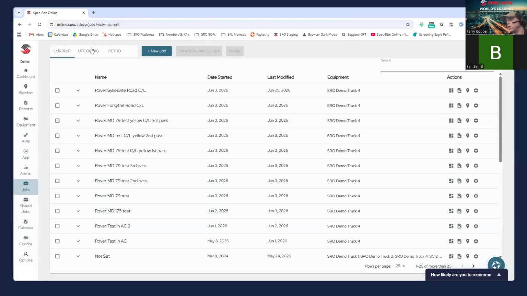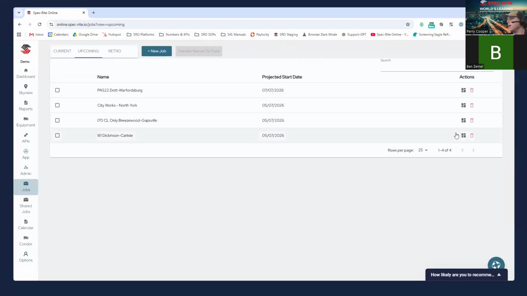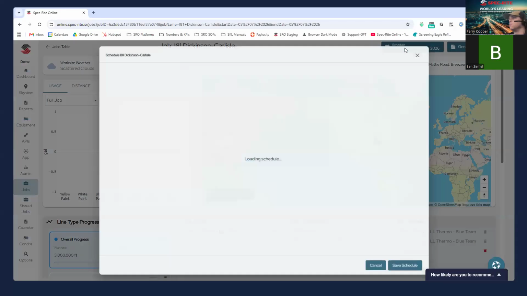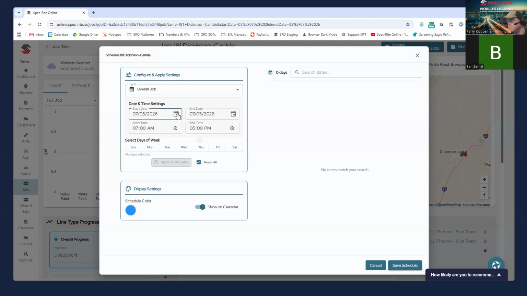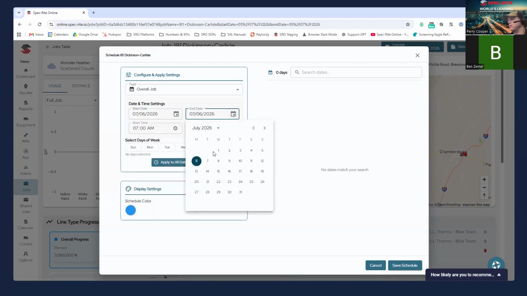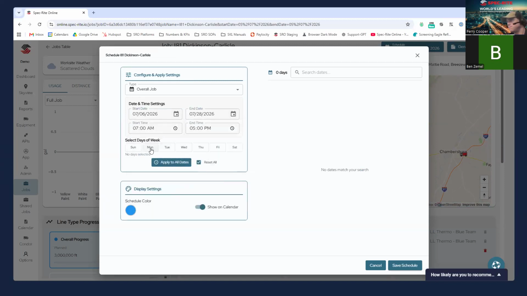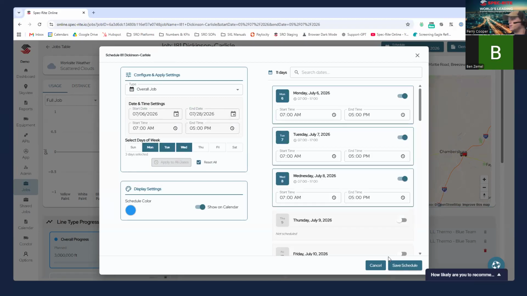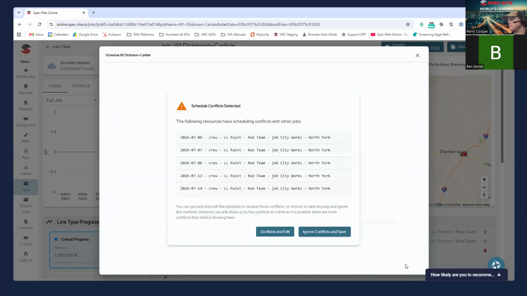So if we go back to our jobs table in our upcoming tab, we can find our I-81 job and now make sure that when we are scheduling this job in advance, start date on Monday the 6th, end date on the 28th, Monday, Tuesday, Wednesday. We can apply that to all dates. Hit save. Oh, I got one more to clear. That's Wednesday. So if I hit save,